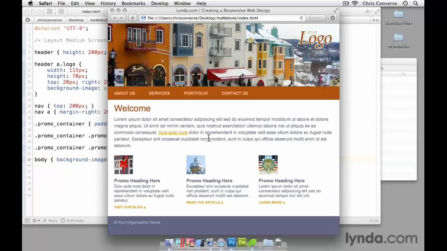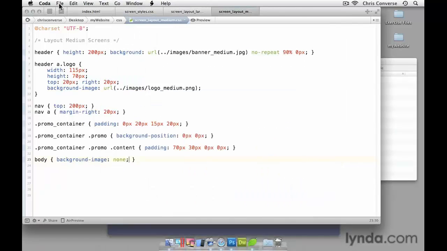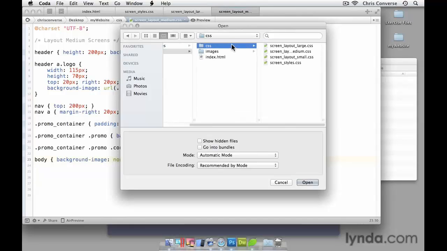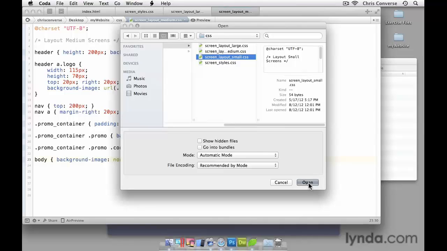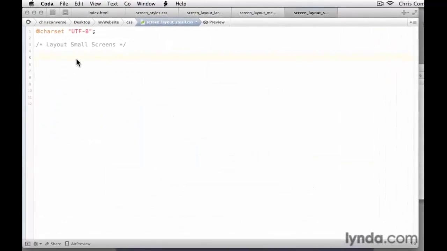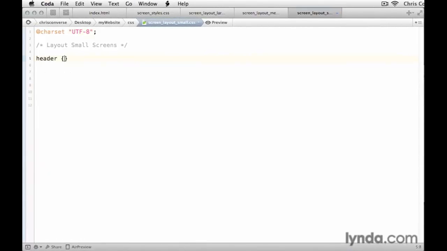Now to target small screens, let's come back to our text editor. Let's choose File, Open. From the My Website folder, go into the CSS directory, and let's open up layout screen small.css. Now inside of here, we're going to start by targeting the header, beginning and ending bracket. We're going to set a height of 75 pixels. We're going to set background,